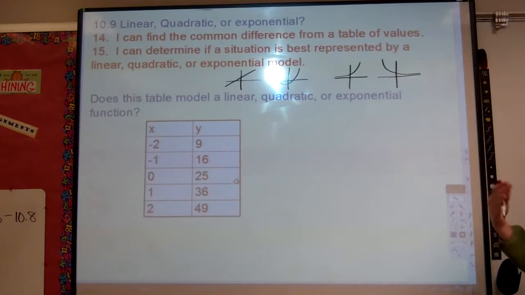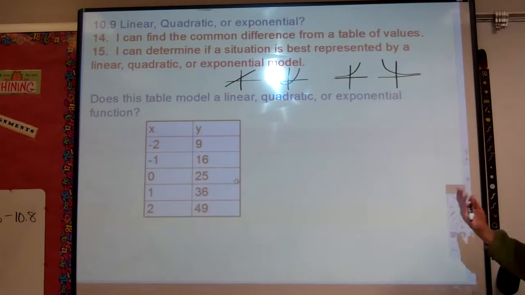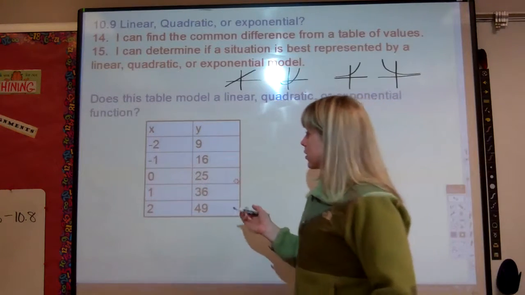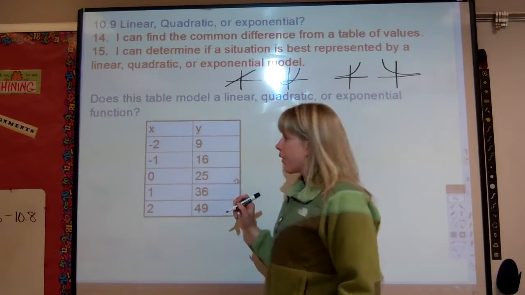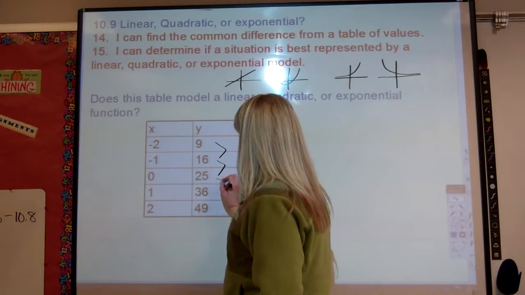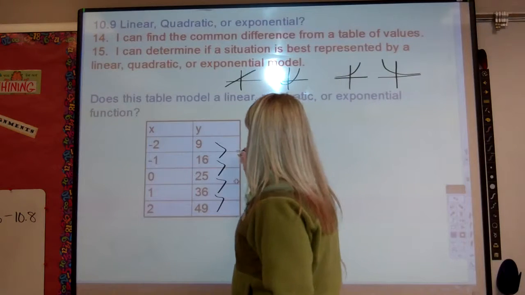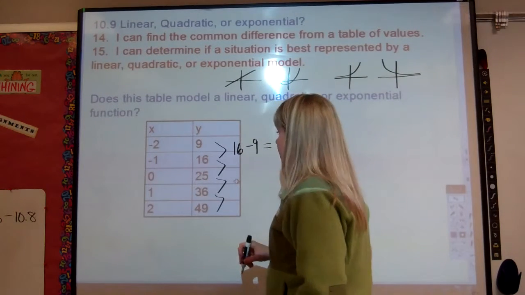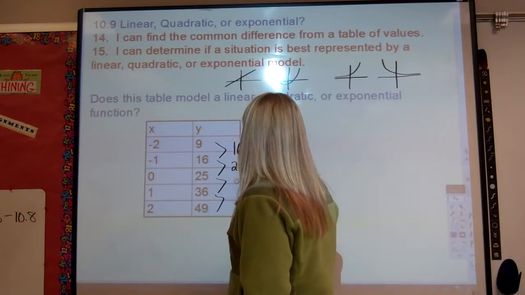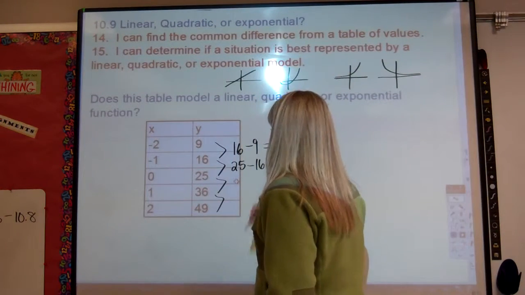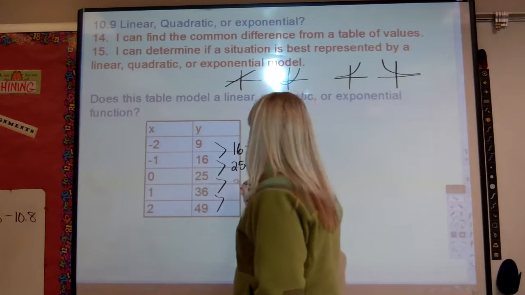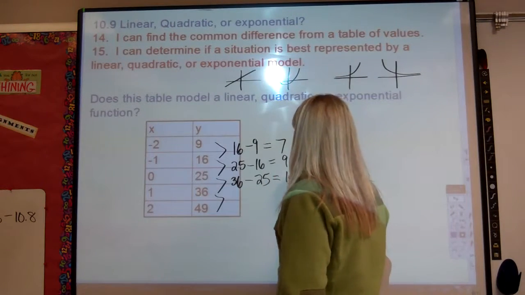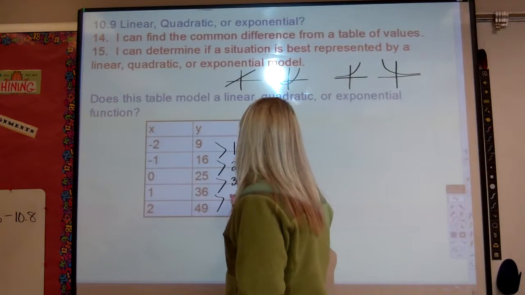So when you want to do this to decide, you could graph the points like I said, but then you're going to be getting really high in your y values. 49 is pretty high. Another option is to take the differences between consecutive y values, meaning these two, and then these two, and these two, and these two. So if you were going to subtract 16 minus 9, y2 minus y1, you'd get 7. And then if we were going to go 25 minus 16, that gives me 9. And then 36 minus 25, that's 11. And then 49 minus 36,